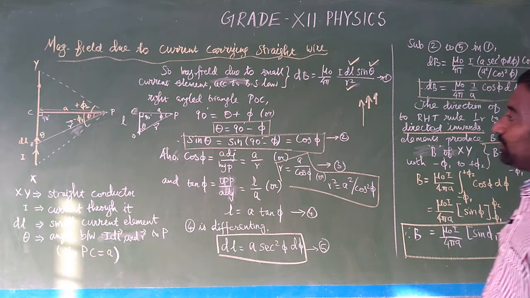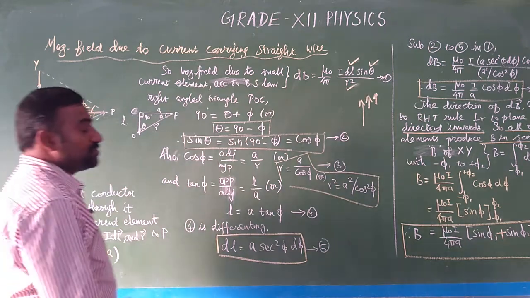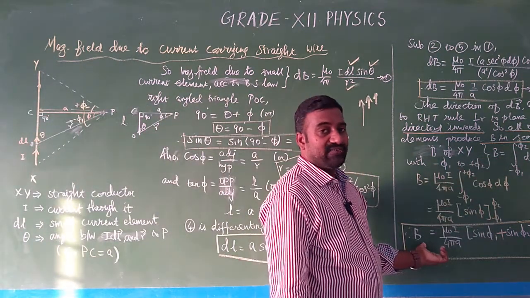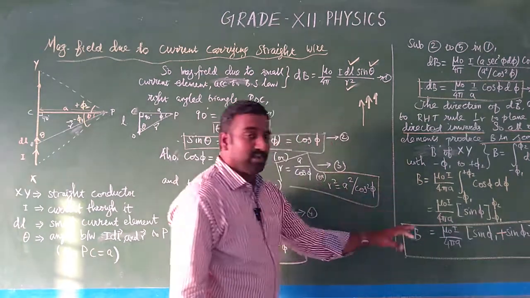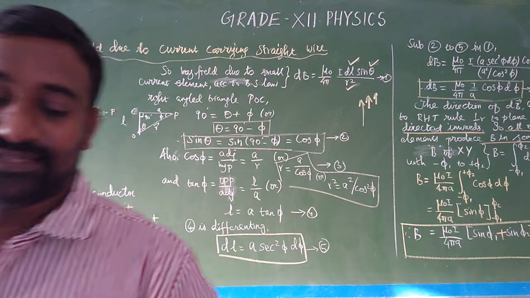அப்ப நம்ம integrate பண்ணோம். எந்த லிமிட் வெச்சு? minus phi 1 to plus phi 2. So using the limit we are integrating, after integrating we got the total magnetic field. Okay, so இது வரைக்கும் முடிஞ்சிருக்கு, but still we have a special cases that we will discuss in the next class. Thank you.